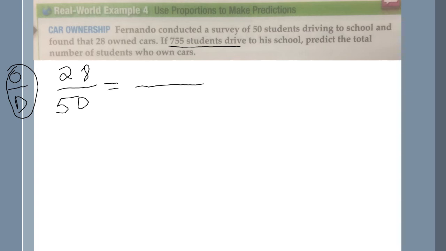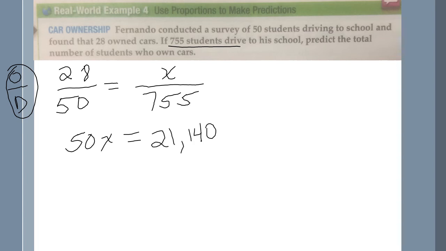Owners over drivers. So 755 down here, and then x up here. So we end up with 50x equals, and this is a calculator problem, 28 times 755, and you get 21,140 divided by 50. So x is equal to